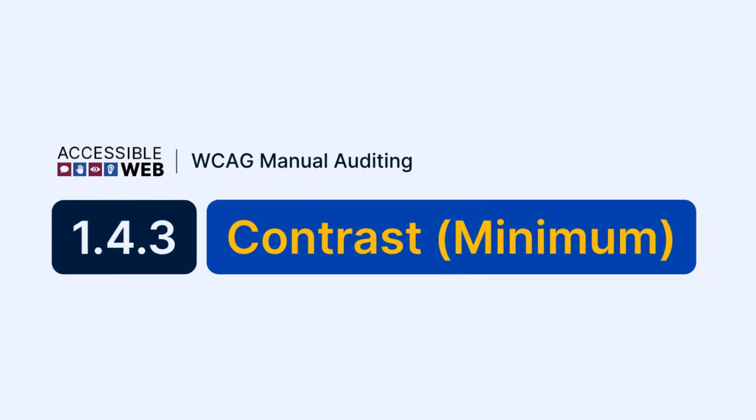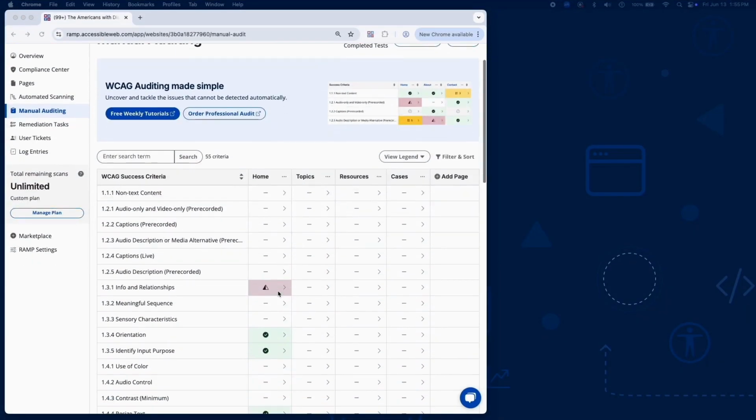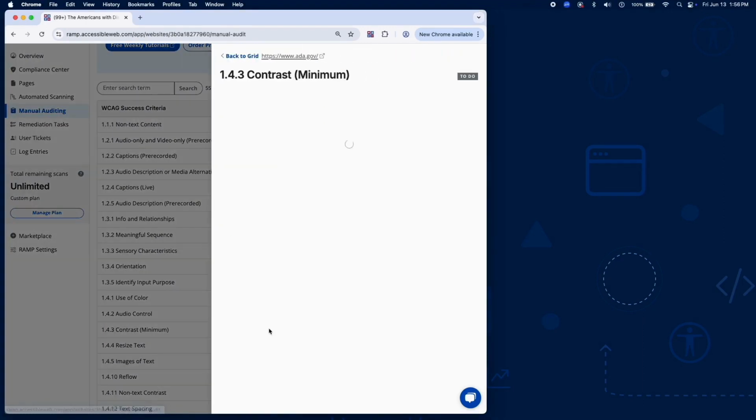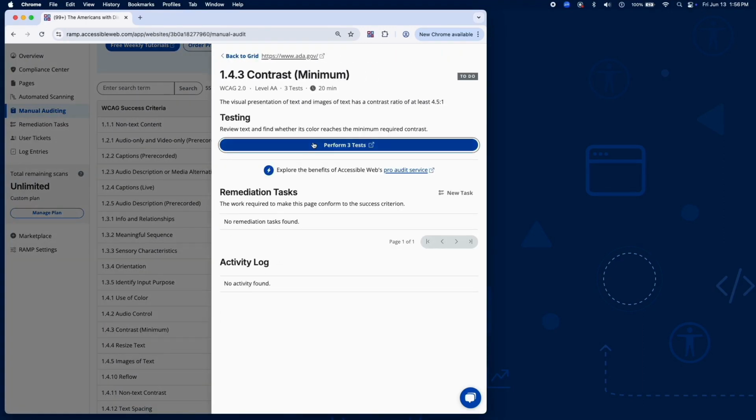Accessible Web, WCAG Manual Auditing. Success Criterion 1.4.3, Contrast Minimum. In this video, we'll cover how to check text contrast to ensure readability for users with low vision or color blindness. Let's jump in. Success Criterion 1.4.3 ensures that text is readable by requiring sufficient contrast between text and its